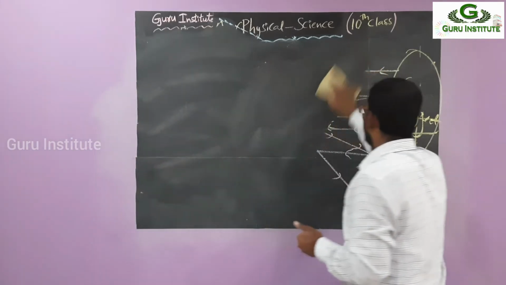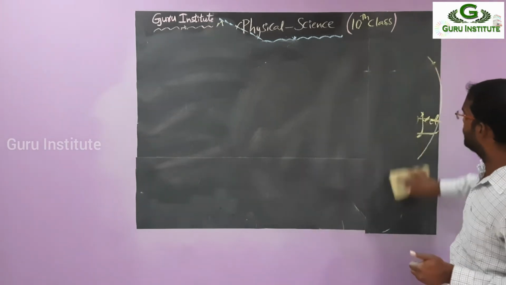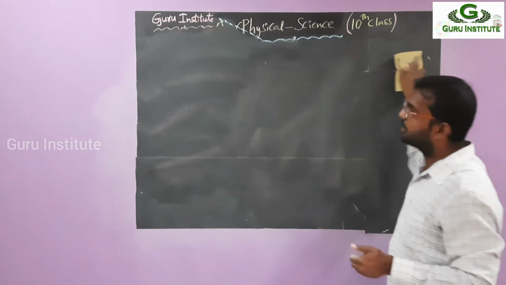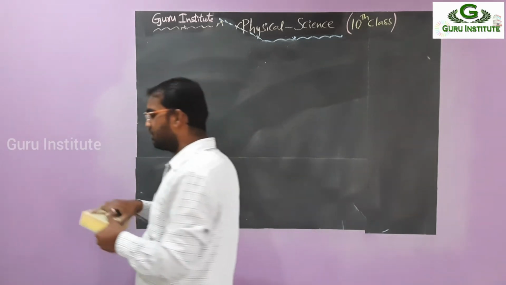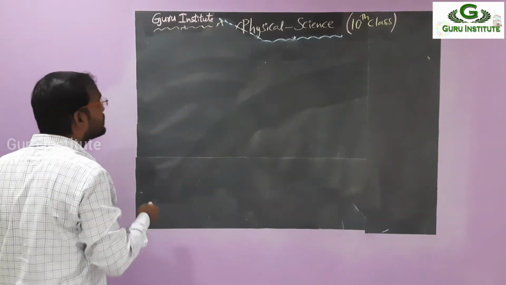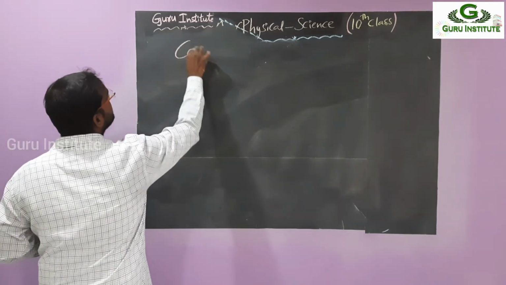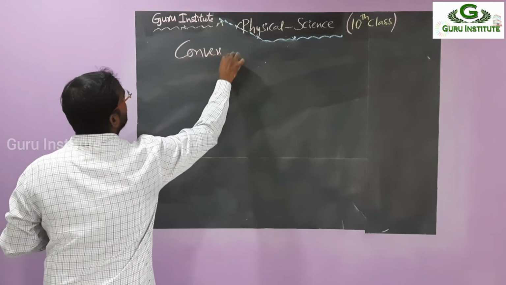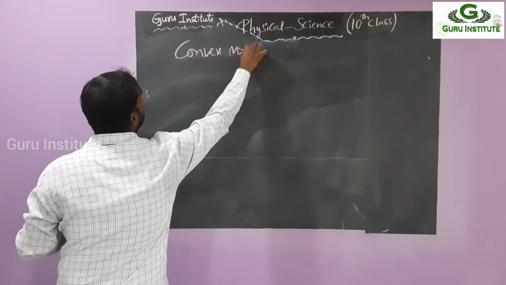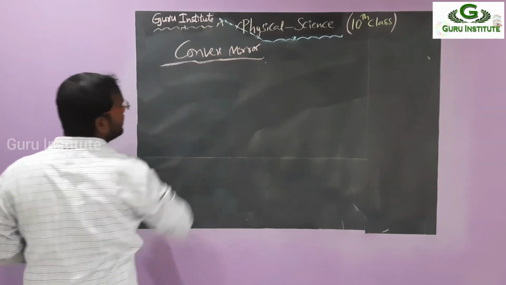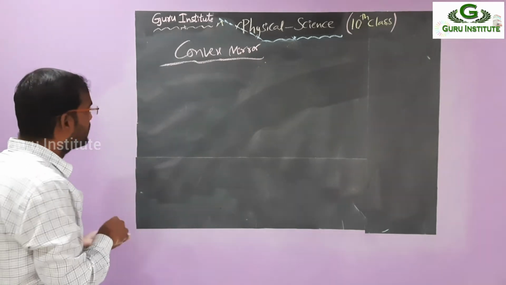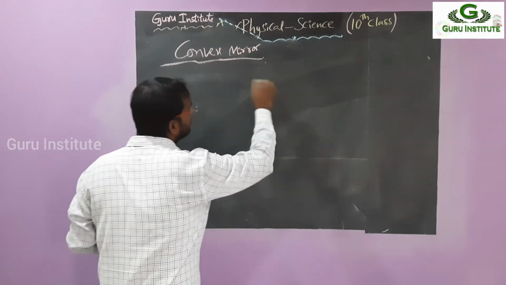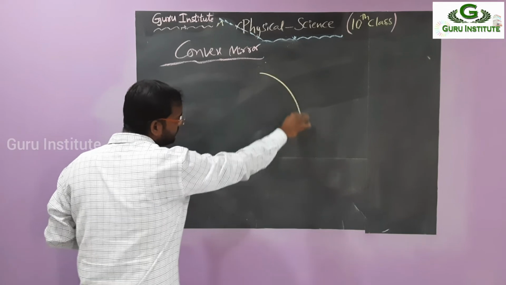The concave mirror is over. Then where do we have to go? The last one. One mirror is over, in a curved shape. So what is the next one? The convex mirror. Up to now we have been seeing only the concave. Now we have to see the convex mirror, and how it is different. So first we have to draw the basic diagram of the convex mirror.